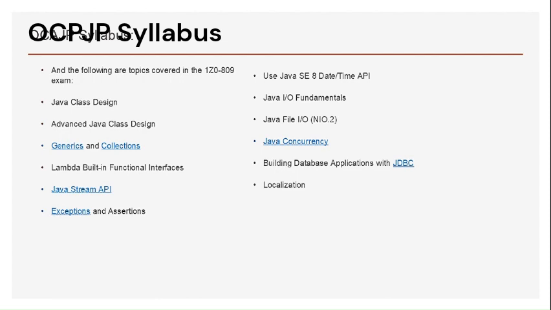Generics, collections, lambdas, and all those things. Also the exceptions and assertions, IO, the basics. How do you do the basic file operations? Like if there is a file, how do you read the contents of the file? How will you write the contents of the file? What are the problems you face when you have these read write operations? How do you avoid those things? Like that, there can be multiple challenges, right? So how do you resolve those challenges one by one in this whole process of reading files, writing files?